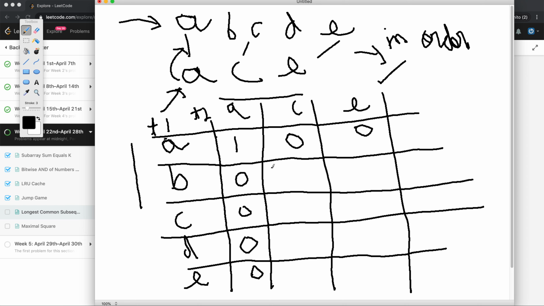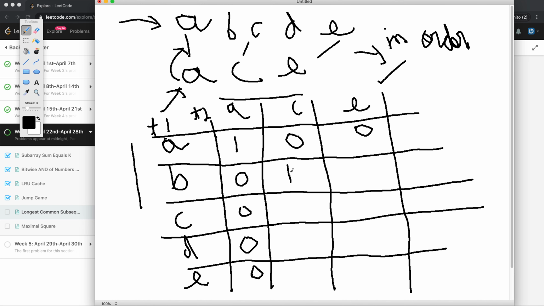So in that case, what I'm going to do is take a max from the neighboring cells. Let's say B and C were not matched, but I don't want to lose the matched value till that point. When I'm matching B and C, I have already matched A and A, right? So I have to consider that subsequence that it's equal. So I'll take that value here, which is the max of